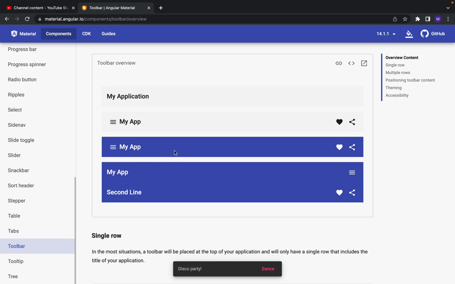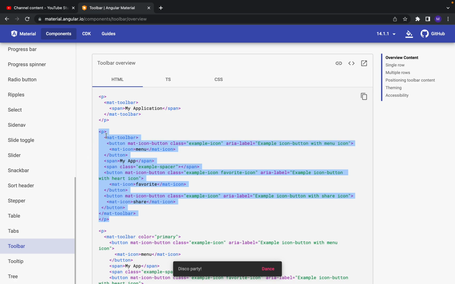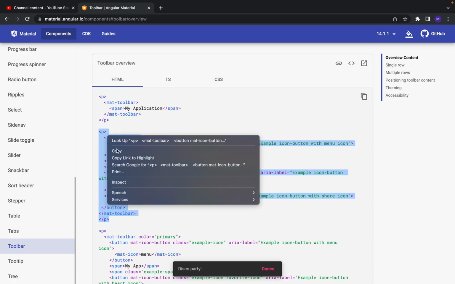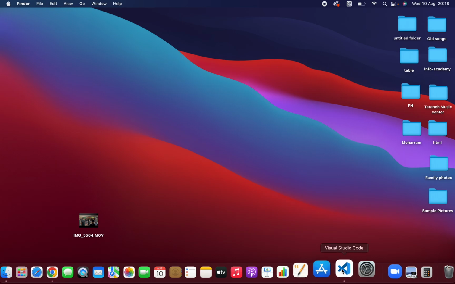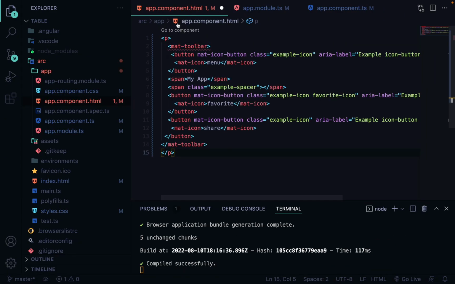So how can we use such a toolbar in your Angular project? Very easy and simple. Click on that, copy one of them, okay, and open your Visual Studio Code, paste it in your app.component.html, okay, and